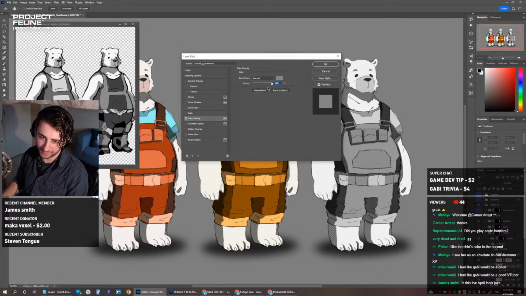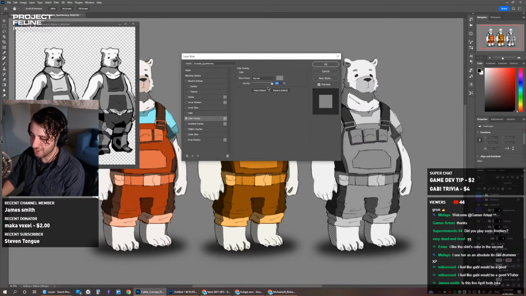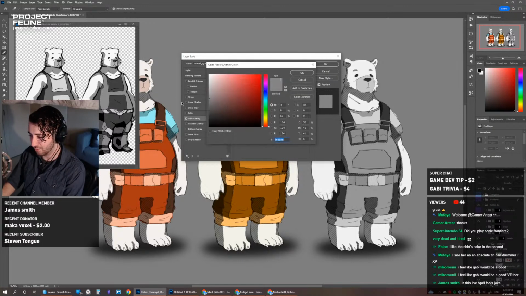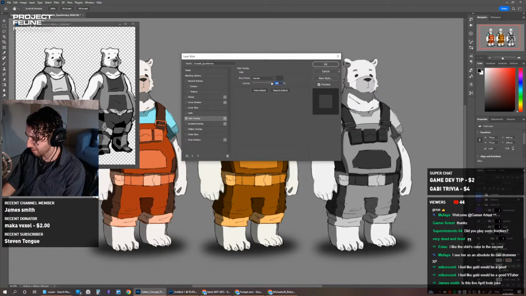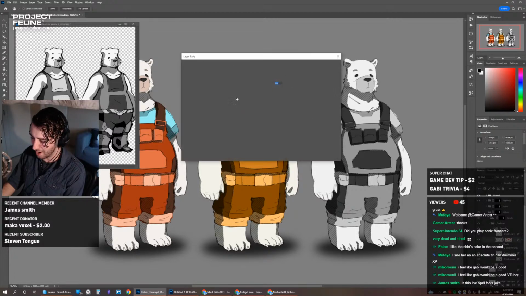If I had a construction, it would be having the overall's base color be a semi-dark brown, and then the secondary color be a darker brown. Maybe. I'm not a huge fan of brown, but we will try that out after I do this one, because we might as well just see how it looks. There's a reason why I'm avoiding brown, but I don't know if I can explain it that well. I mean, we'll try it.